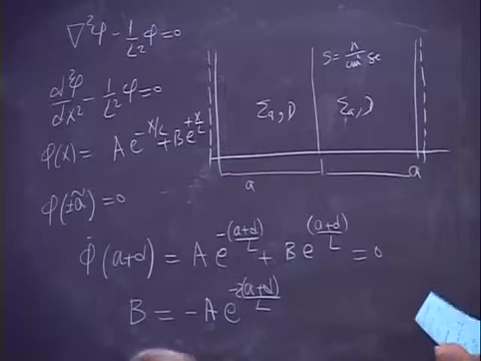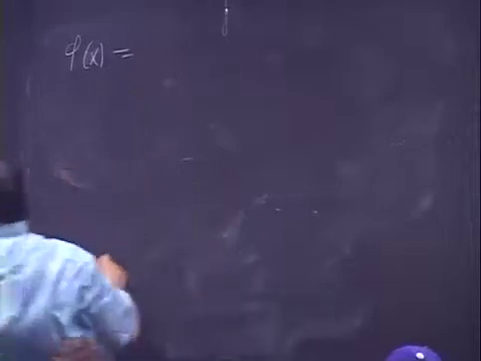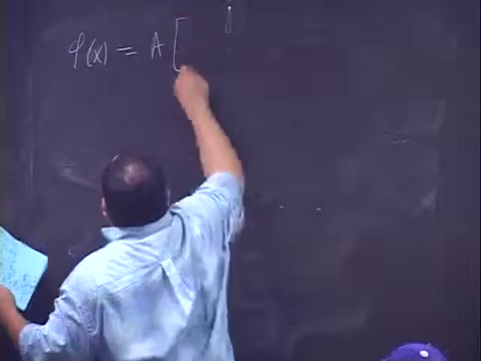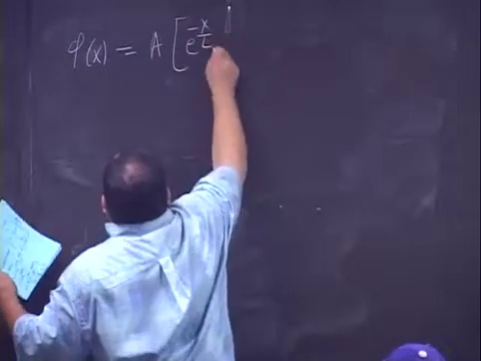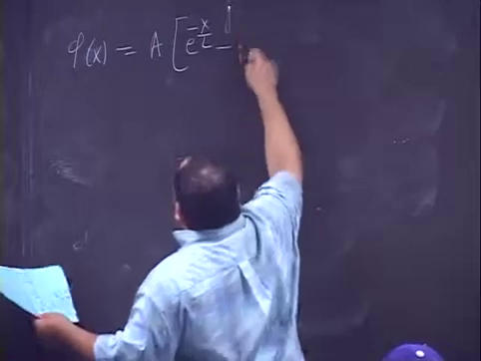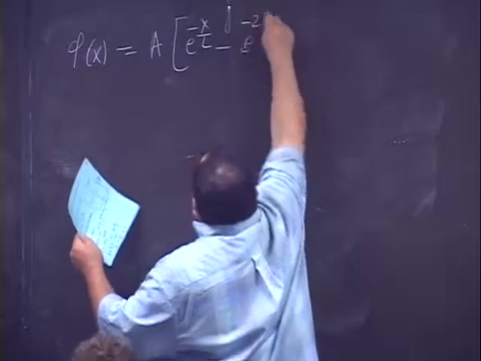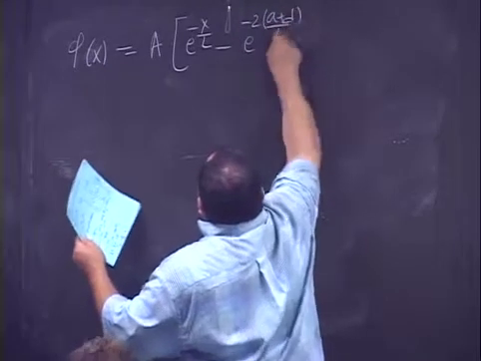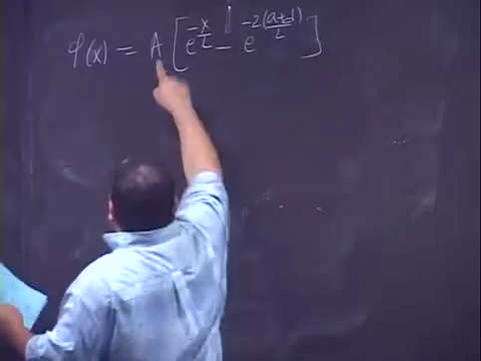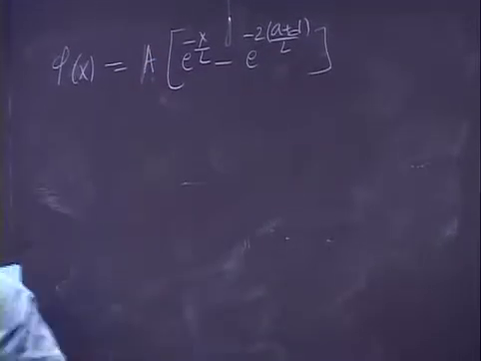Now I will substitute the flux as a function of x. It would be equal to A e to the power of minus x over L plus B, but B now is equal to negative A. I took A outside, and this would be e to the minus 2 A plus D over L. So this is the first one. I have one more constant that needs to be determined, and it's left, so I have to use